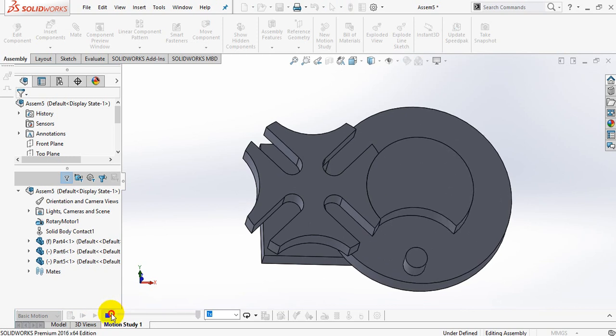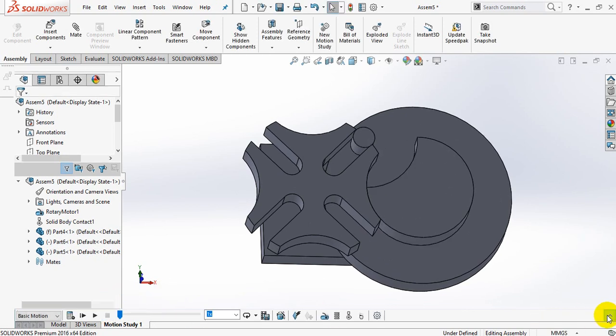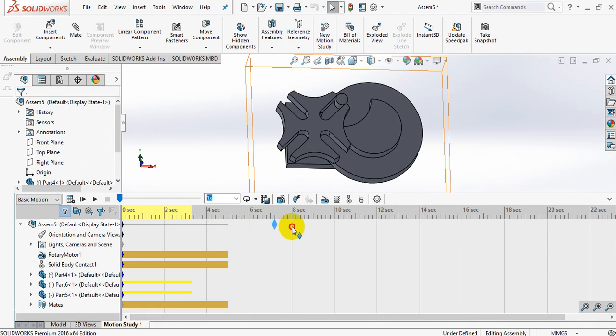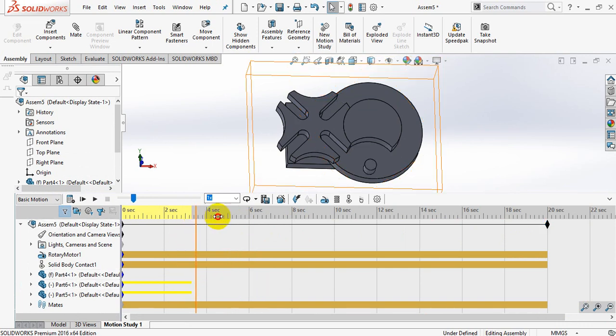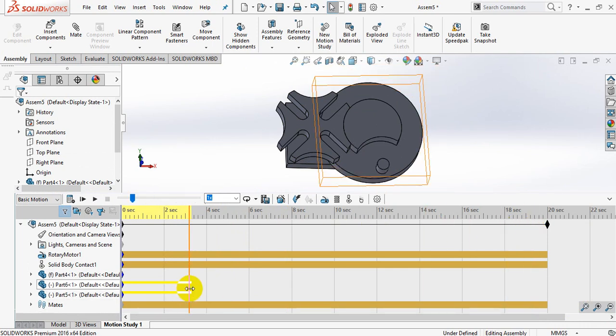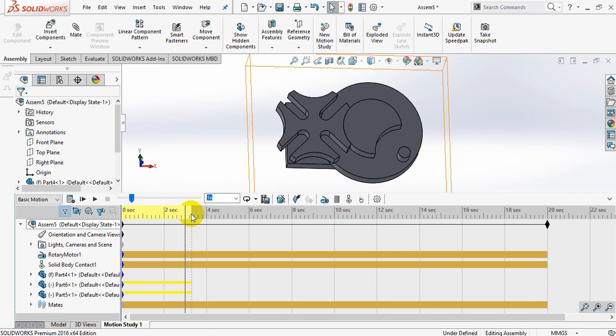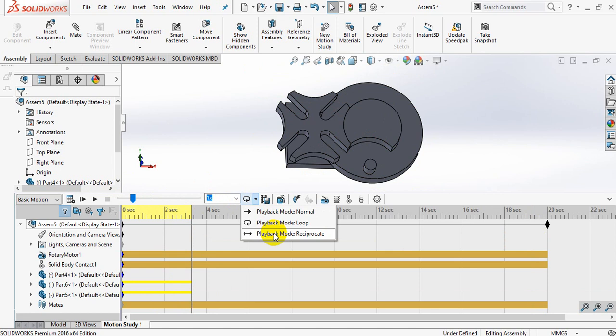You can easily change the time according to this area, because this should work only from the start, so from the start you have to take 20. Or else, if you want to see it continuously, select Playback Mode, Loop.